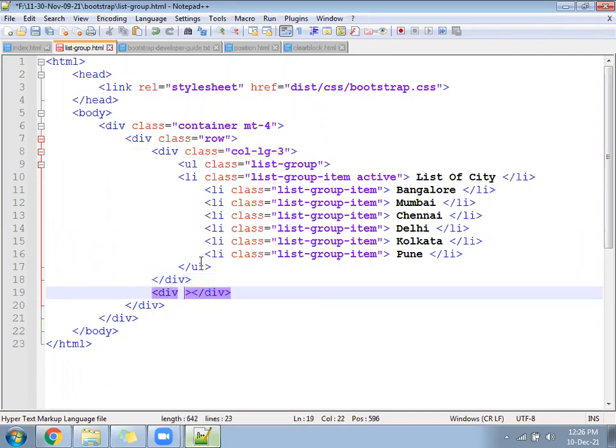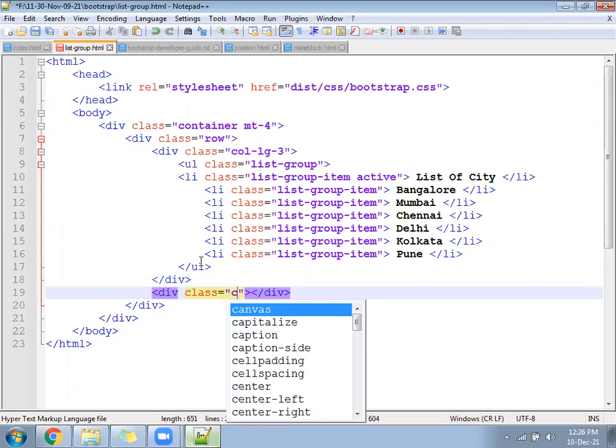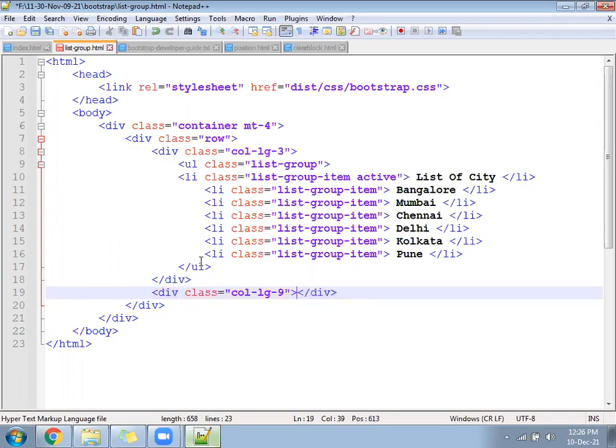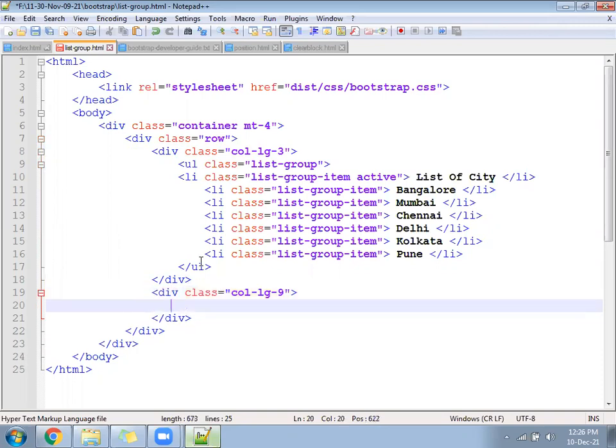Div class equal to col-lg-9. Col-lg-3, col-lg-9.